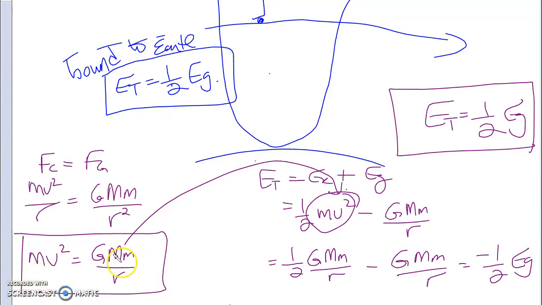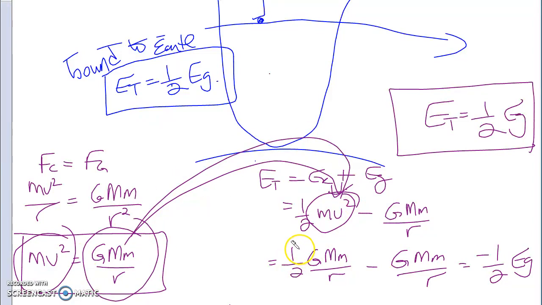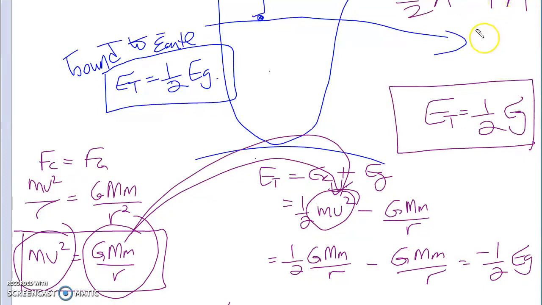This is mv squared, which equals big G m over r. So what did I do? That's correct. I replaced this mv squared with this. It's a relationship. Well, what is half an apple minus a full apple? Half an apple